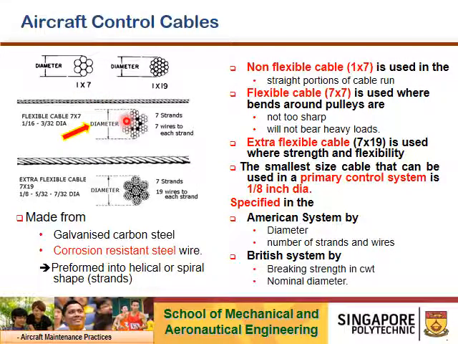For aircraft control cables, there are various types of construction and diameter given. So this is a typical common three types of construction of cables: non-flexible cable 1/7, flexible cable 7/7, and extra flexible cable 7/19. So what does this multiplication number refer to? If you look at 7/7 as an example,